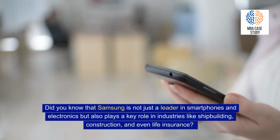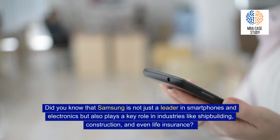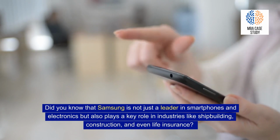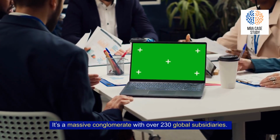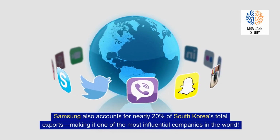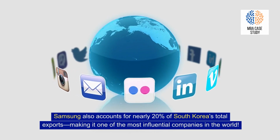Did you know that Samsung is not just a leader in smartphones and electronics but also plays a key role in industries like shipbuilding, construction, and even life insurance? It's a massive conglomerate with over 230 global subsidiaries. Samsung also accounts for nearly 20% of South Korea's total exports, making it one of the most influential companies in